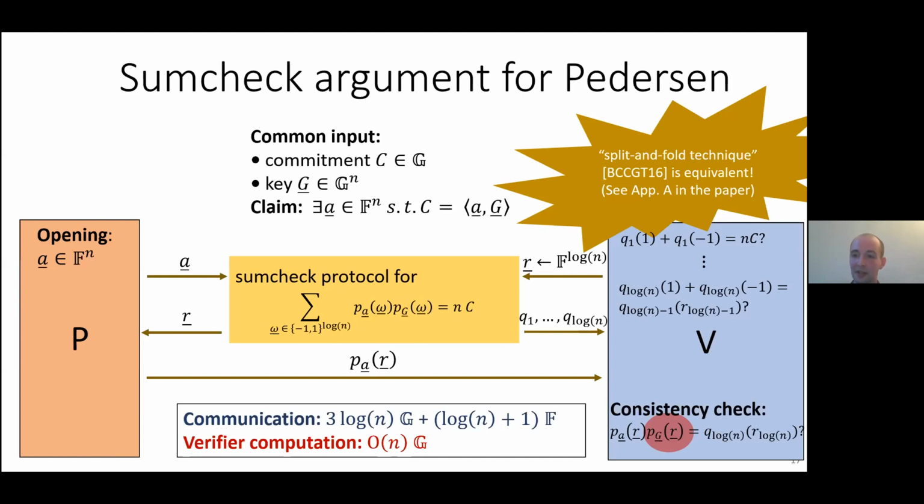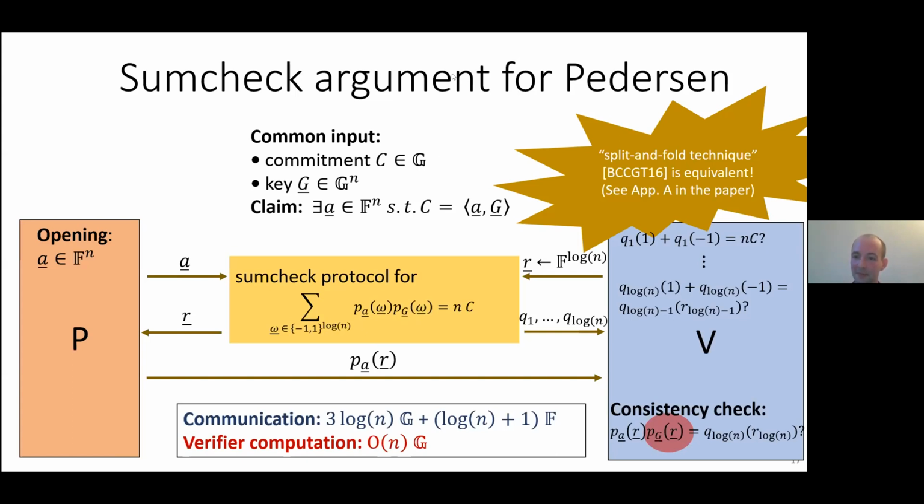Actually, the split and fold techniques in the 2016 paper are an optimization of this kind of idea down to 2 group elements. That's because some of the group elements in these quadratic polynomials depend on group elements that you've seen already. So instead of sending extra group elements and checking consistency between them using different equations as part of the sum check, you can avoid sending 1 extra group element per round. And instead of performing different consistency checks, you can use the same equations to define the next group element that would have been sent. So it's really a similar kind of thing, but it's an optimization where you just avoid sending some redundant